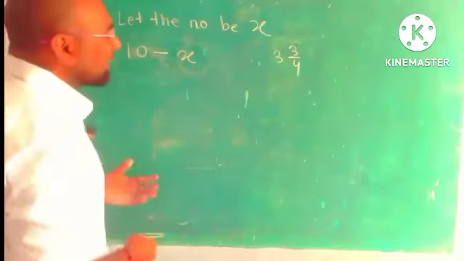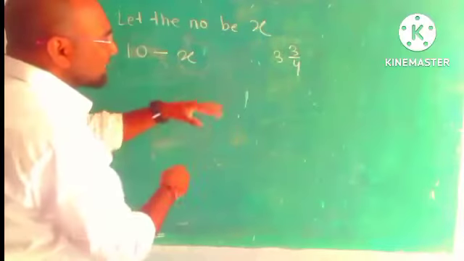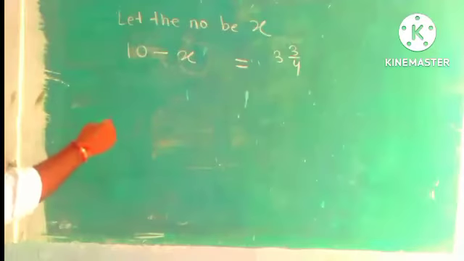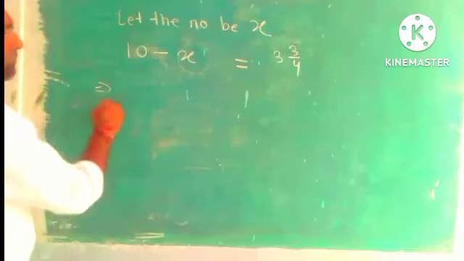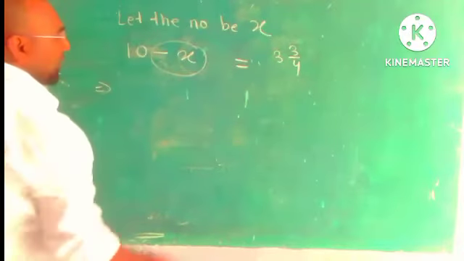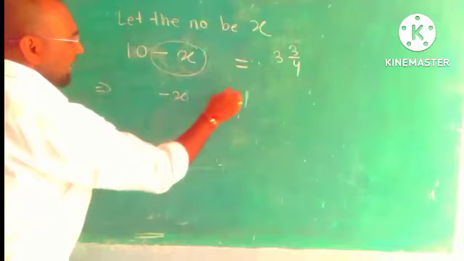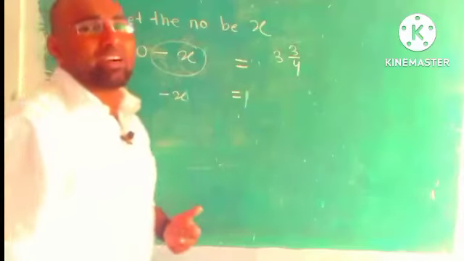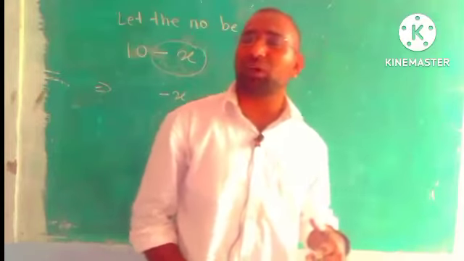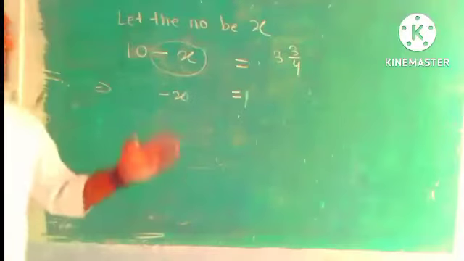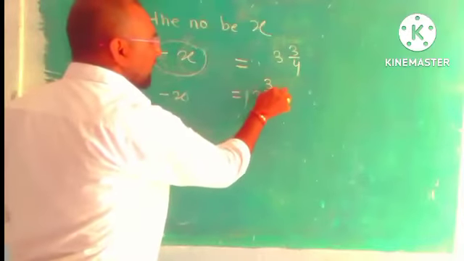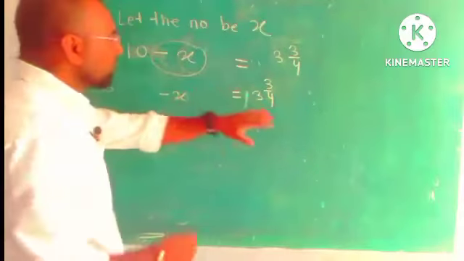x. In math language, "is" or "gets" means what? Equal sign. This step is clear. Now how will be the next step? ABCD will be on the left hand side and the number will be transposed to the right hand side. So minus x is equals to whatever is already written on the right hand side. First of all we have to write down that number. Which number is already written on the right hand side? 3/4. We have to write down this number first.